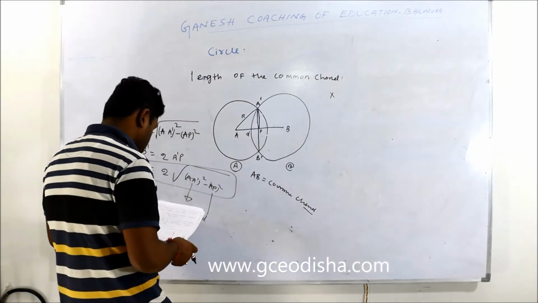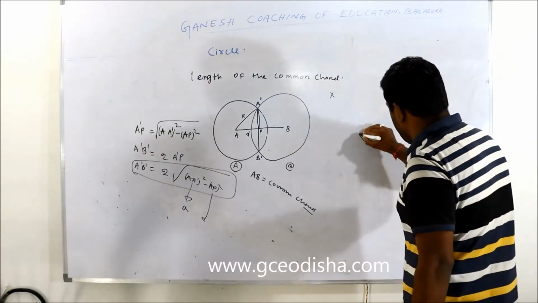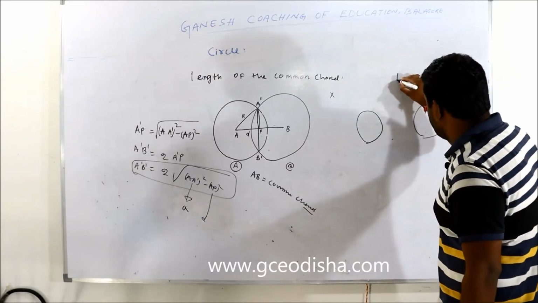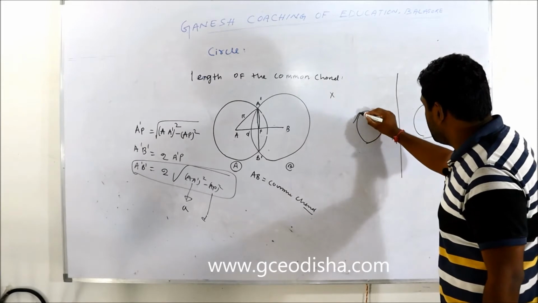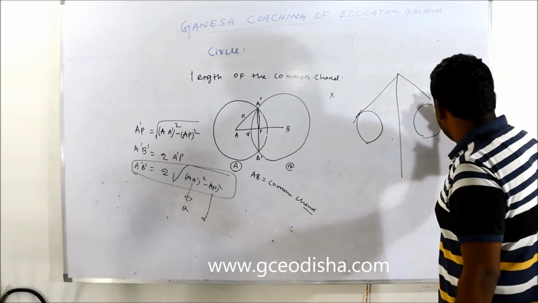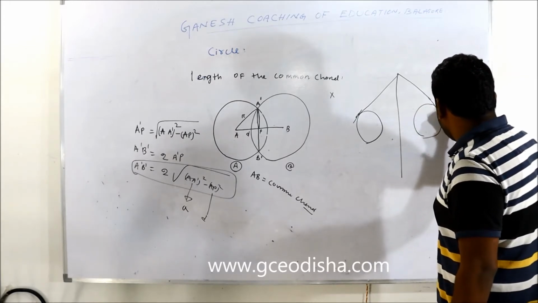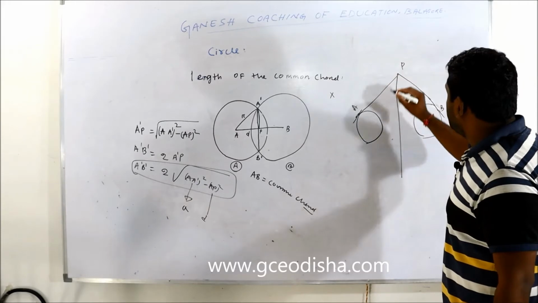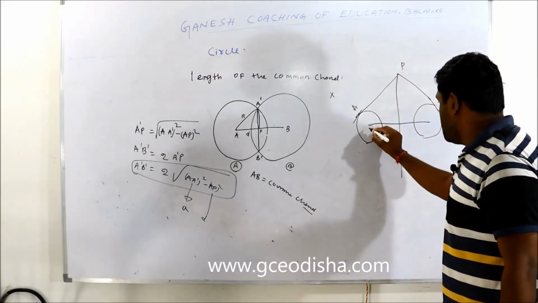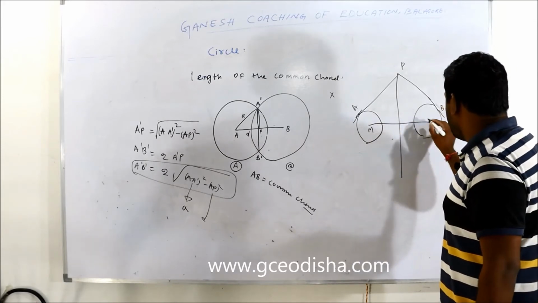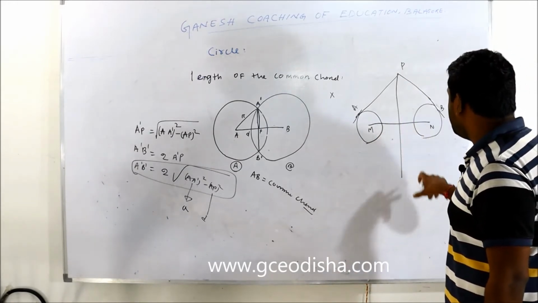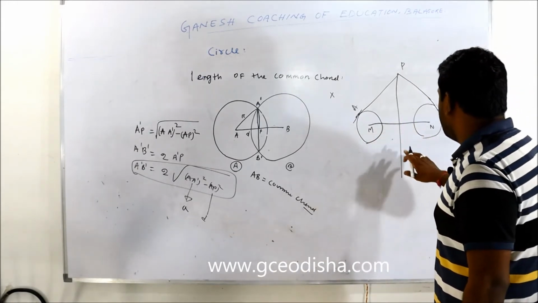Radial axis. Okay, like this is a circle and this is a circle. From this point, this is the radial axis. Okay, this is point B and this is point A, this is point P. When you join the centers of the two circles, like this is M and A, the radial axis is always perpendicular to the line joining the centers of the two circles.